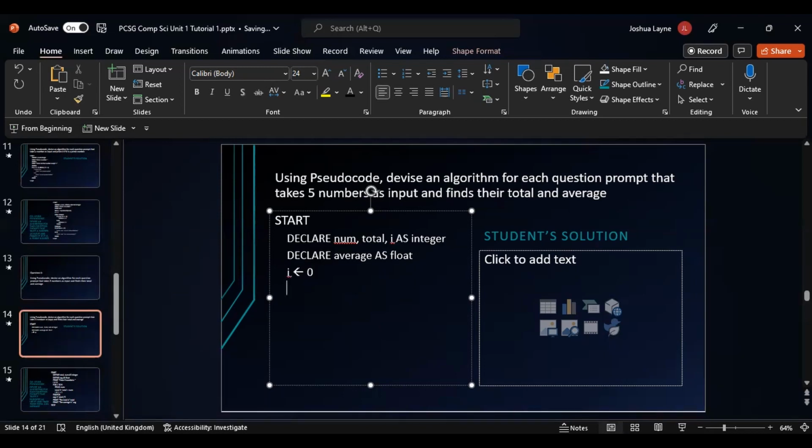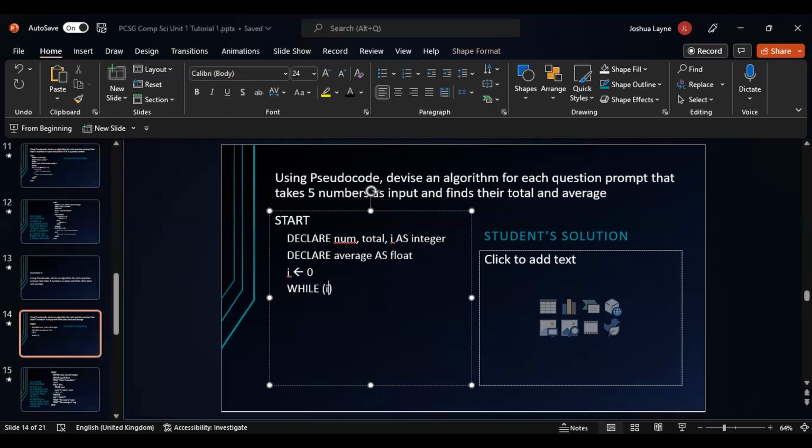I can use a while loop here, correct? Yes, you can use a while loop here. Okay, so while i equals 0, no, while i